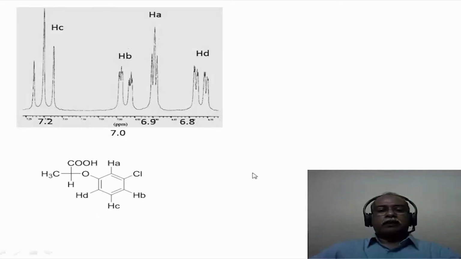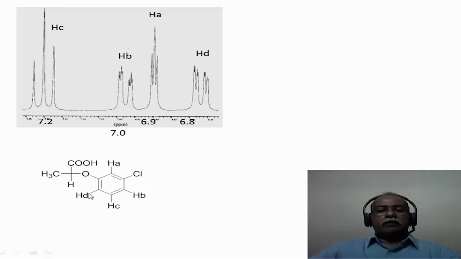Let us see if we can assign the peaks also. HA, which should be a triplet because of B and D, essentially comes as a triplet with a meta coupling. The meta couplings are accidentally equal, that is why it looks like a triplet here. HC is also a triplet because of the ortho coupling. Accidentally the two ortho couplings are the same, so it appears as a triplet in this particular case. HB is fairly complex, which is coming in this region here. HA is adjacent to the oxygen, that is why ortho to oxygen comes at the lowest delta value.